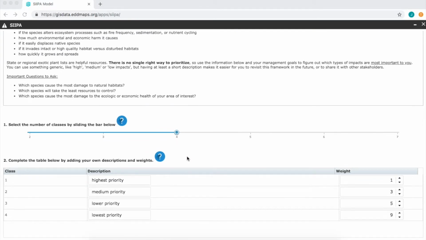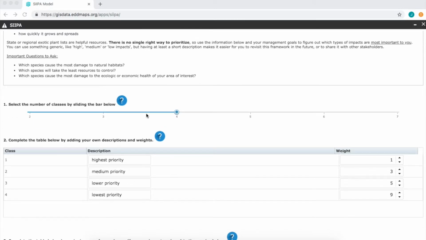For example, we could use 4 classes and label them as lowest, lower, medium, and highest priorities. Or we could customize it and set it at, say, 3 classes and label them as negative impact, moderate impact, and minimal impact. It's up to you which one will be most informative and the clearest to the stakeholders that are involved in this project. So for today, I will use 3 classes,